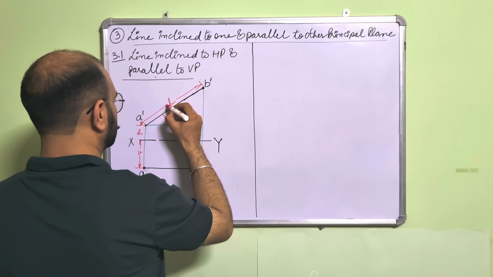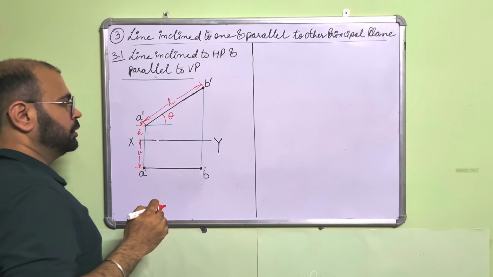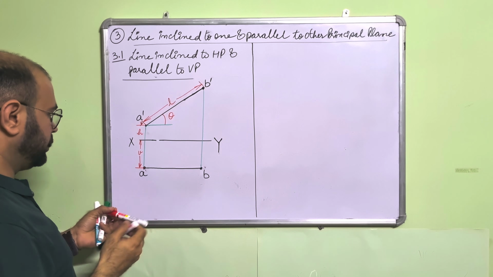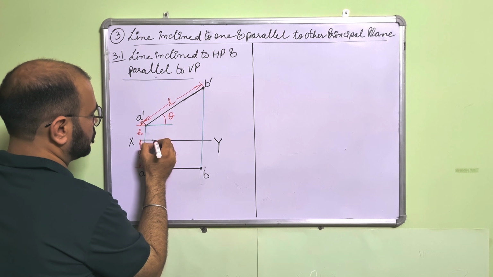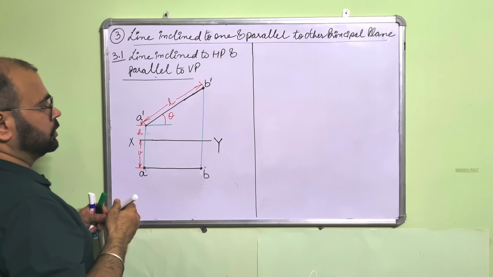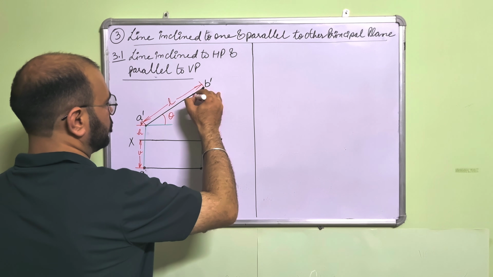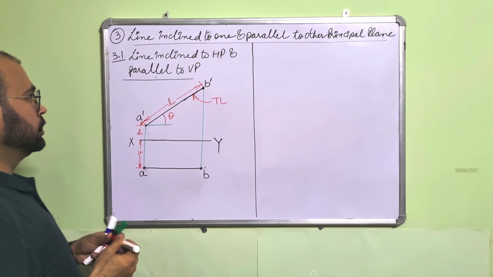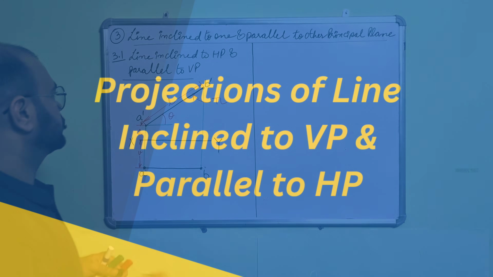The actual length of the line will be visible in the front view, and this will be the true length. You can write it as TL, we call it TL, true length. So this is the true length. Then the second case is